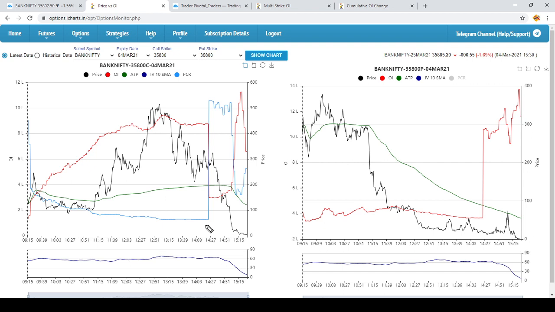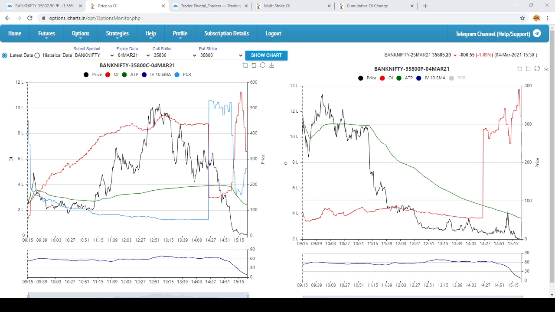I want you guys to focus on the chart on the left side, which is denoting 35,800 CE. In this chart, you can see that the red line, which is denoting the open interest, kept on increasing. As time passed, the call writing in 35,800 CE kept on increasing, and this was happening when the option price was increasing. You can see here the black line was increasing, and continuously option writers were writing this strike price at each